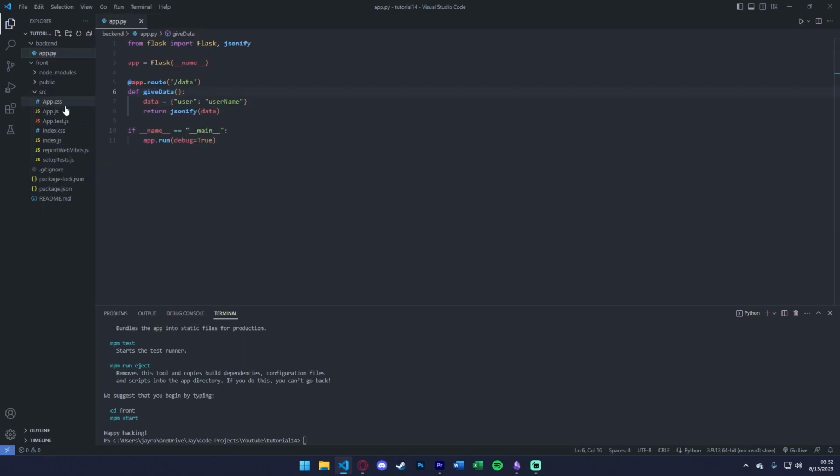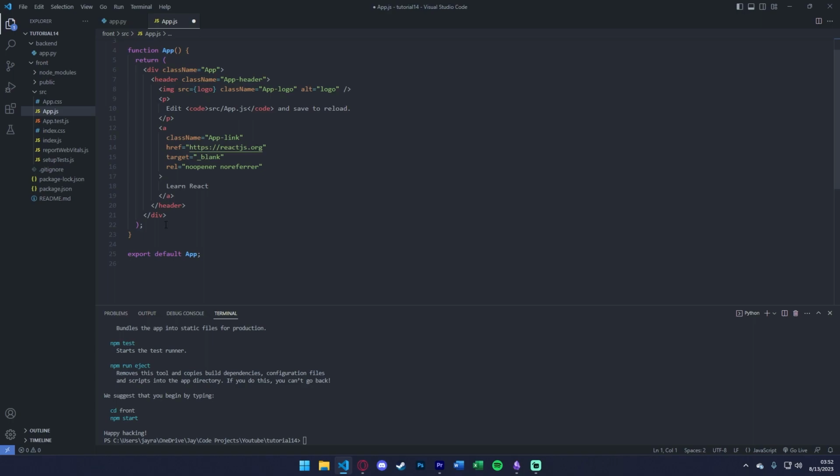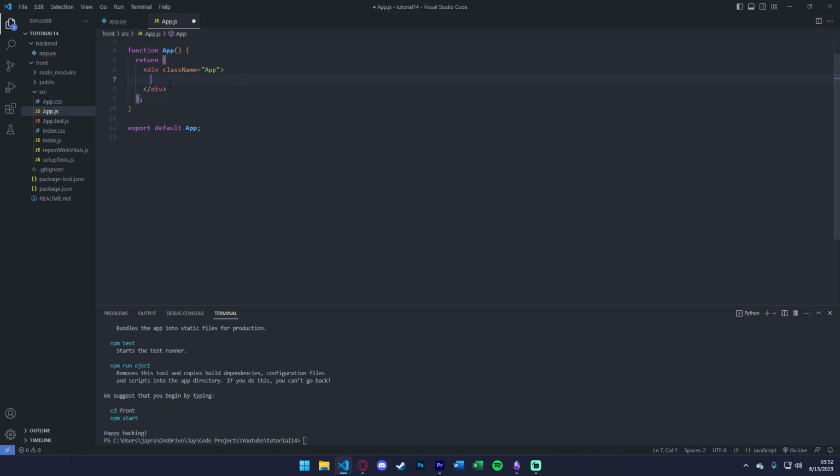That's a weird Windows noise. And then we're going to click right into app.js. You can see this import. We can go ahead and get rid of that. And you know what? Everything in this return, besides the return, maybe keep the div, we're going to get rid of. Now that we're at the bare minimum of this app.js, before we start editing it and grabbing that data,